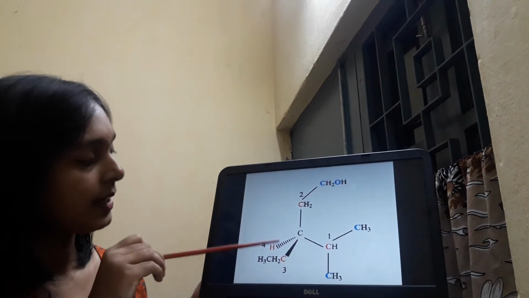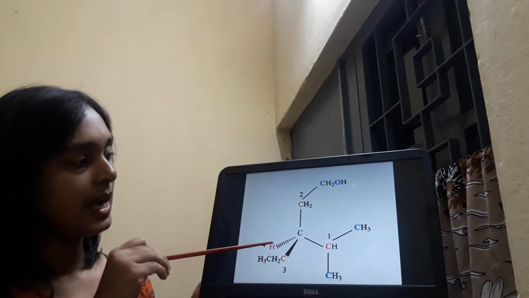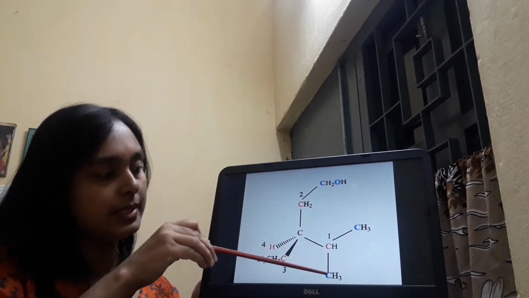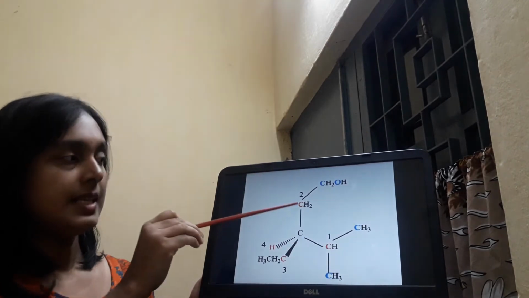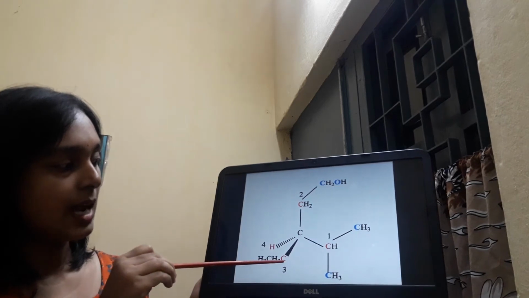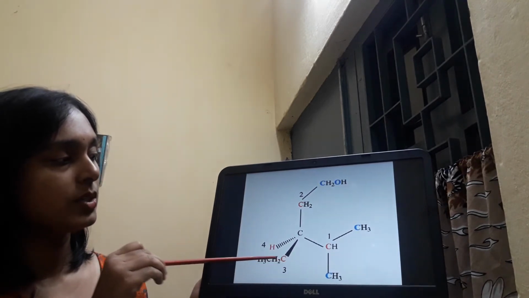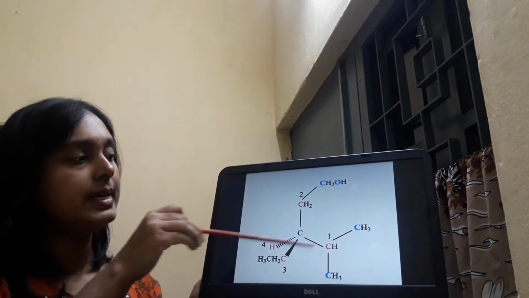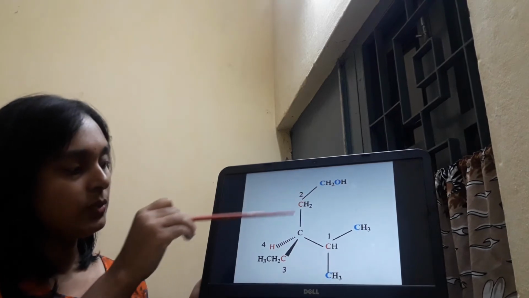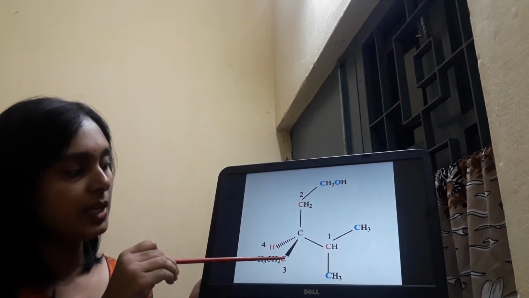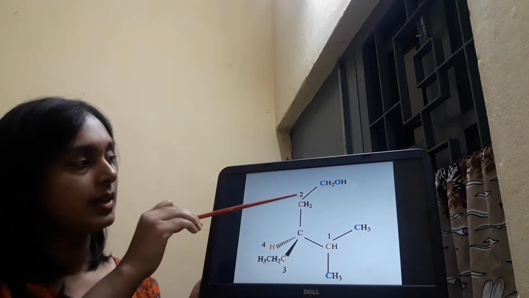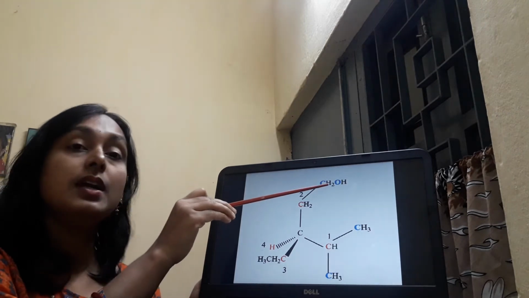For this next compound, the fourth one is obviously hydrogen, and among these 3, this carbon is linked with 2 carbons, 1 hydrogen. This carbon is linked with 1 carbon, 2 hydrogen, and this carbon is linked with 1 carbon, 2 hydrogen. So among all 3, obviously this portion will be given highest priority. So it will be 1, and between these two, this carbon and this carbon are linked with obviously 1 carbon directly and 2 hydrogen. Here obviously the same, 1 carbon, 2 hydrogen.